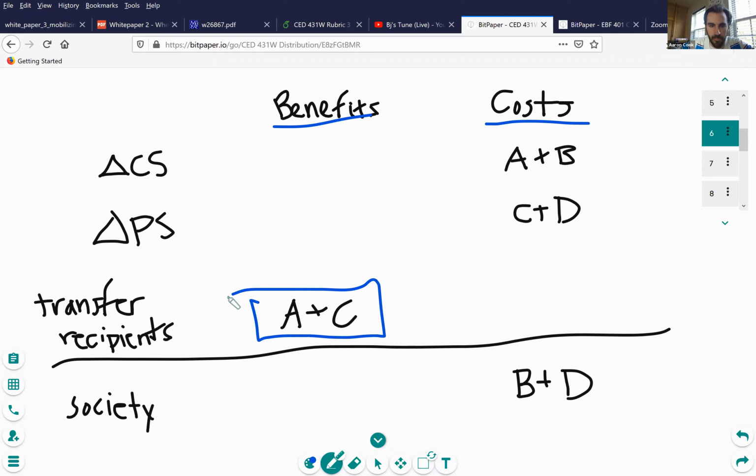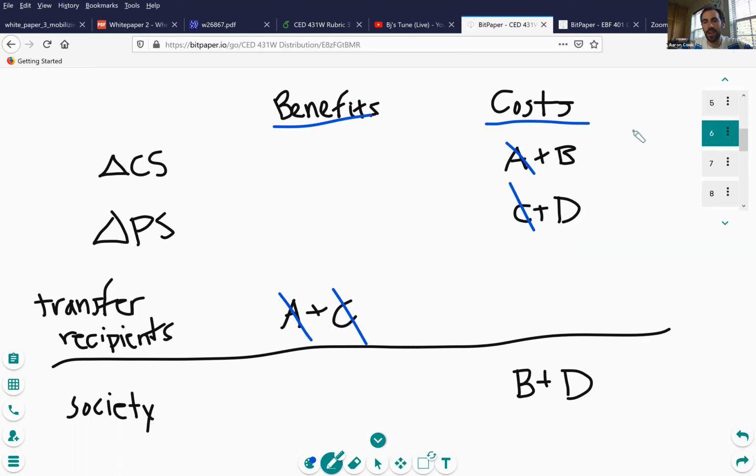And so from a social perspective, if we tally all these things up, the A and C that represent benefits to transfer recipients, those get canceled out with A plus C that represents costs to either consumers or producers in this goods market. And then what's left over after you net that out is B plus D. That's just the common deadweight loss triangle that we see